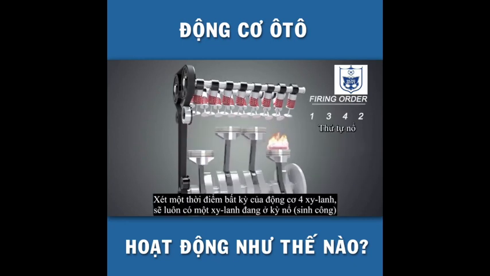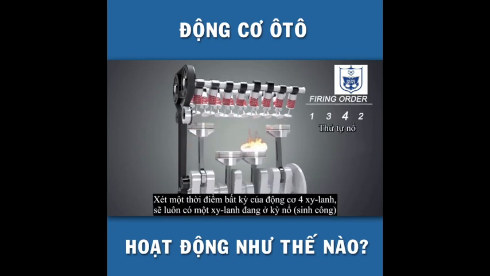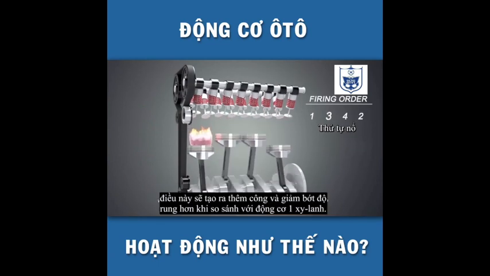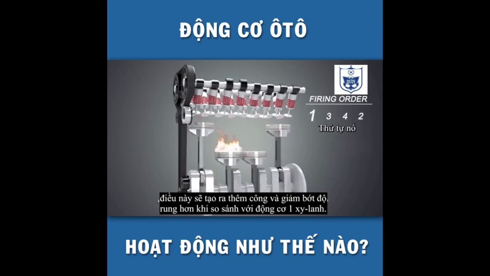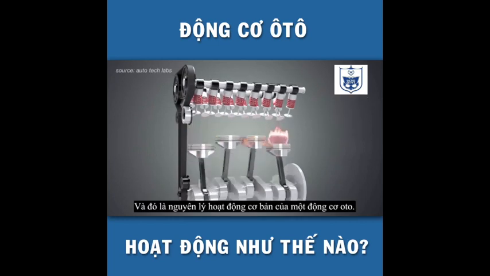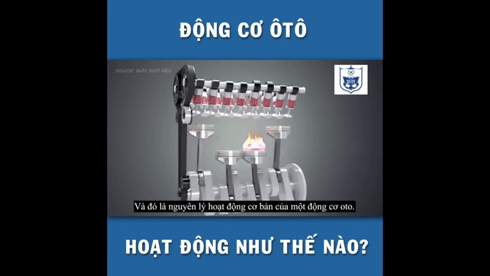For a 4-cylinder engine, considering any time instance, one cylinder is always in power stroke, which produces more power and less vibrations compared to a single-cylinder engine. And that is how a car engine produces power in simple